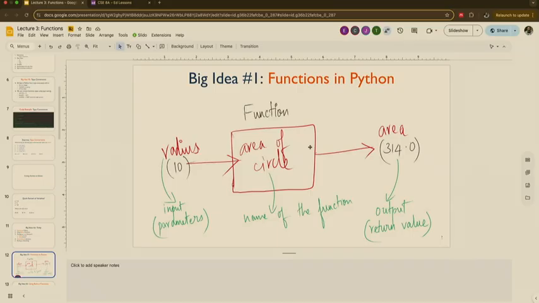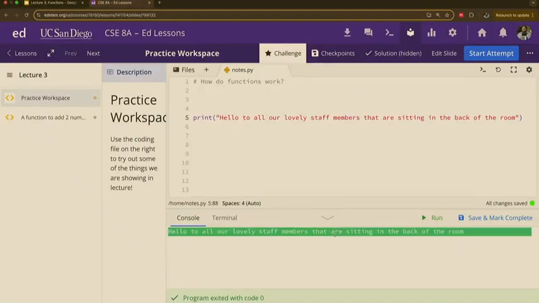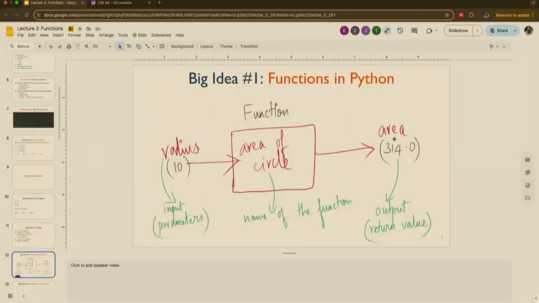Functions are the exact same way, right? You can give something into a function, and you're going to say, hey, function, I want you to do something with this, right? Function's going to say, cool, you got it. I'm going to do something inside here, whatever it is that I'm supposed to be doing. In this case, let's look at print. Print is supposed to say, hey, I got something. I'm going to show it to you down here, in this console down here. And once it does what it's got to do, it gives it right back to you. This is an output.